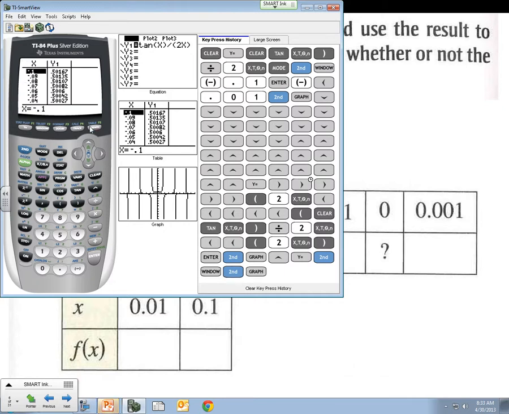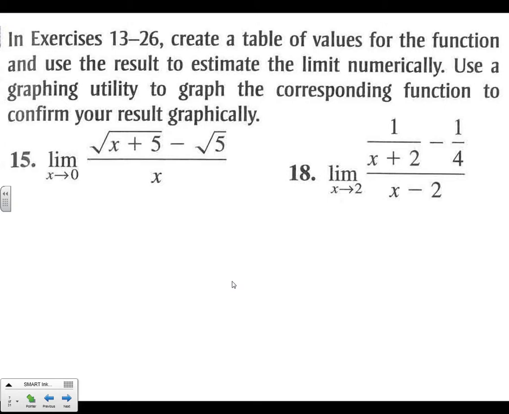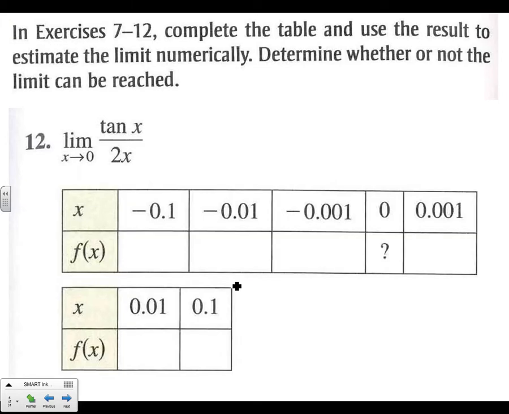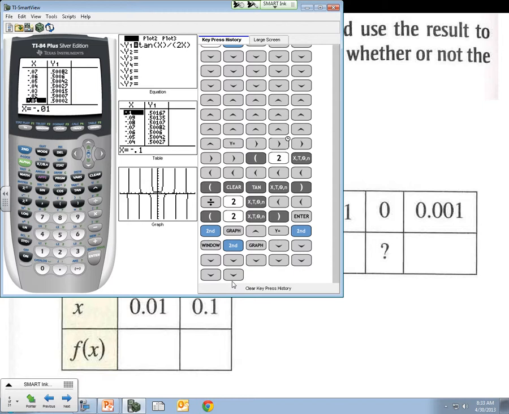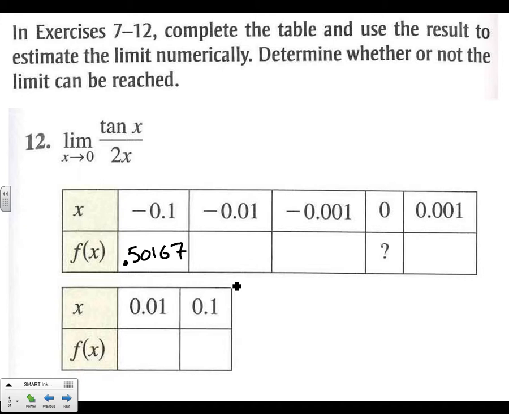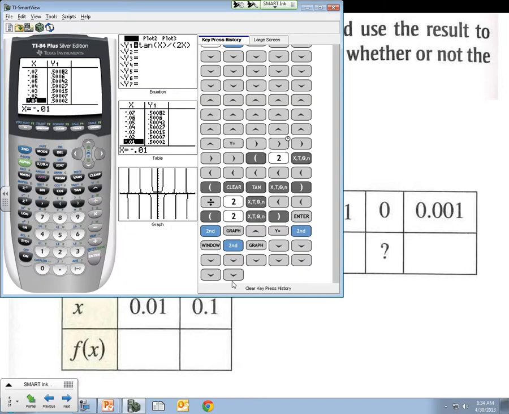Alright, let's go ahead and jump to the table and see what we've got. And there's our first value. Negative 0.1 is 0.50167. So let's plug that in. 0.50167. And we'll scroll down here to negative 0.01, so that's 0.50002. And we're going to have to change our values to get the 0.001, but we can get the positive sides